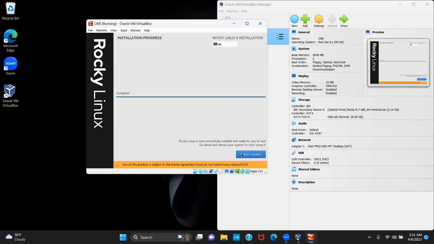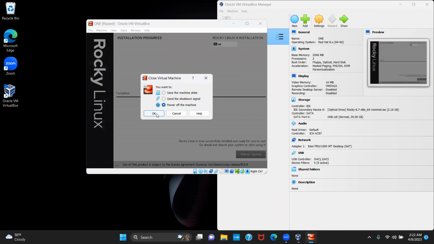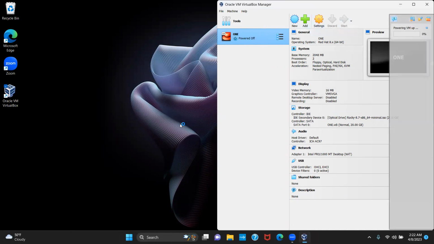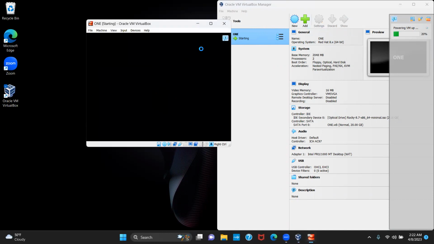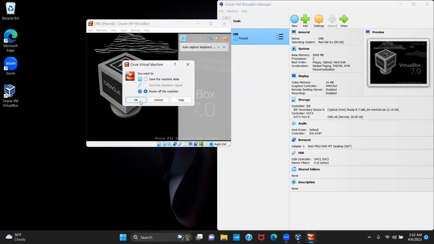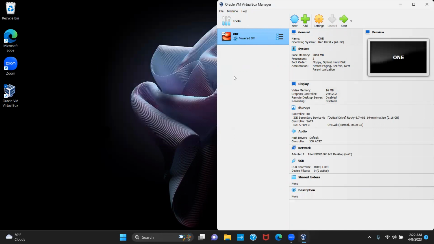I do not know why it doesn't want to click on restart, but I'm gonna shut it down. As I shut it down, I need to bring it back up again. And also, one thing that I forgot to mention, I'm gonna close it again. Let me close it. One thing that I forgot to mention is that sometimes the machine would not remove the